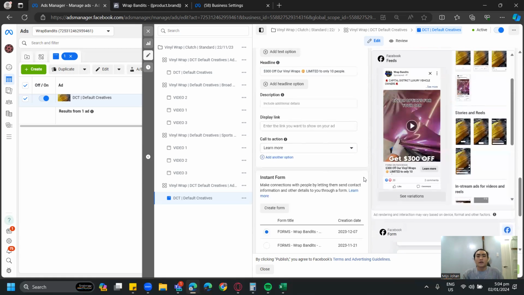Now, this form is integrated into our Go High Level, which I'm not going to show right now, probably in the next video, where once they opt in, an SMS will be sent to them, an email will be sent to them, and then eventually the business owner or the closers can call them and close the deal or close the appointment. So that's on the back end side.